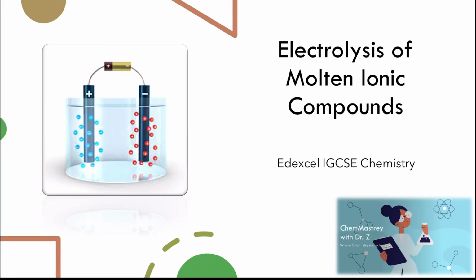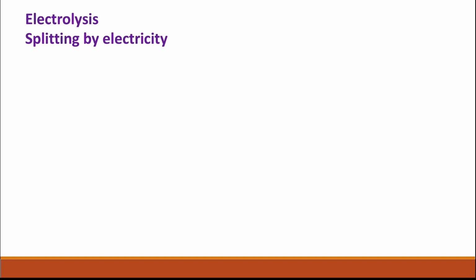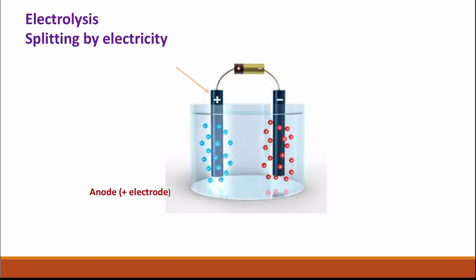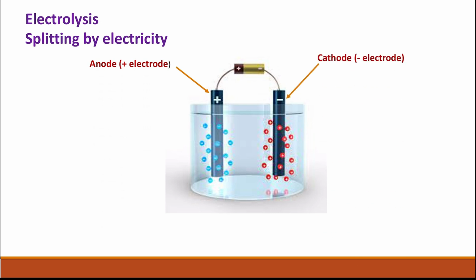Electrolysis of molten ionic compounds. Electrolysis is a splitting by electricity. For electrolysis, you would need two electrodes: an anode, which is a positive electrode, and a cathode, which is a